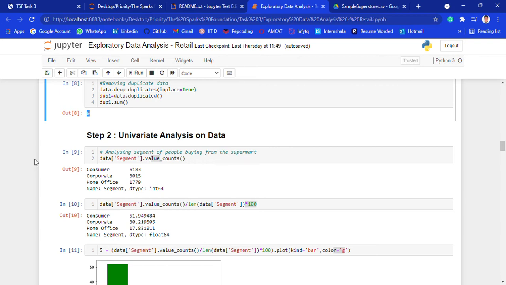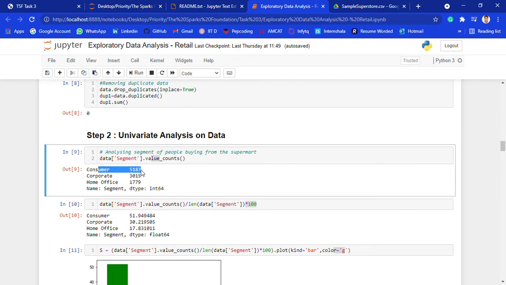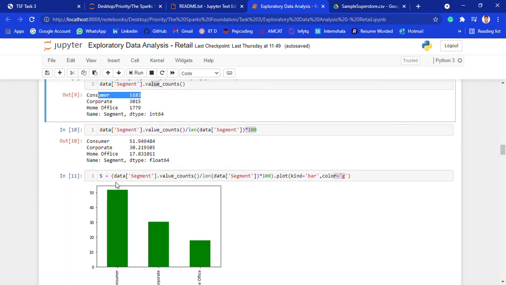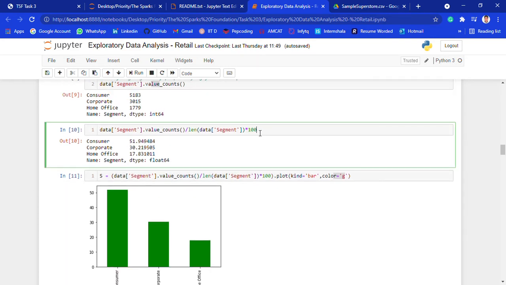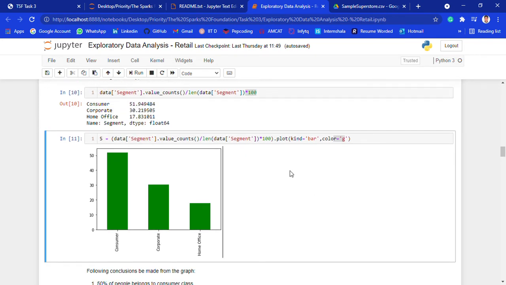Firstly, using univariate analysis, we will analyze the segments of people buying from the supermarket. With this output, we can conclude that the consumer segment has the most people visiting our supermart. Using that data I have plotted a graph using percentages. I converted the counts into percentages, and you can see that I have passed a function called plot,